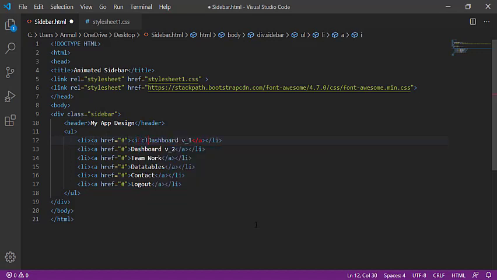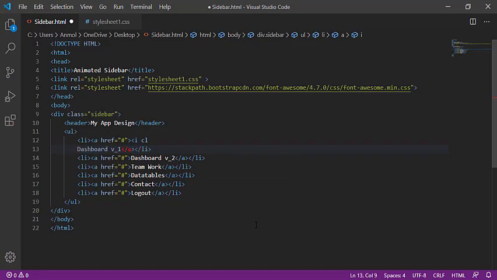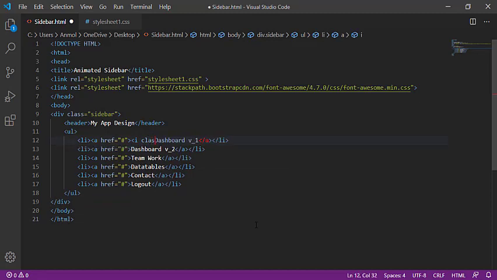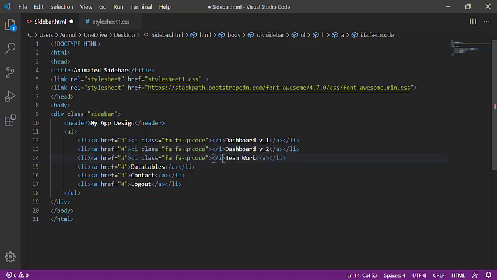I, then class, with the name of font, FA is for Font Awesome, then fa, and giving the class QR code for the dashboard. Save this and copy 6 times again.